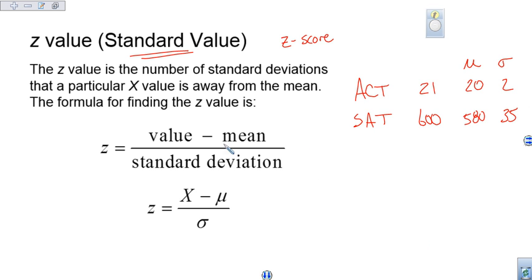So with the z-score, we can call this our x value. This is the value that we're going to compare. This is the patient in the hospital. This is the height of an individual person that we want to compare to the mean of everybody else. And so with the z-score, we can say, okay, for the ACT, the z-score is equal to 21 minus 20 divided by